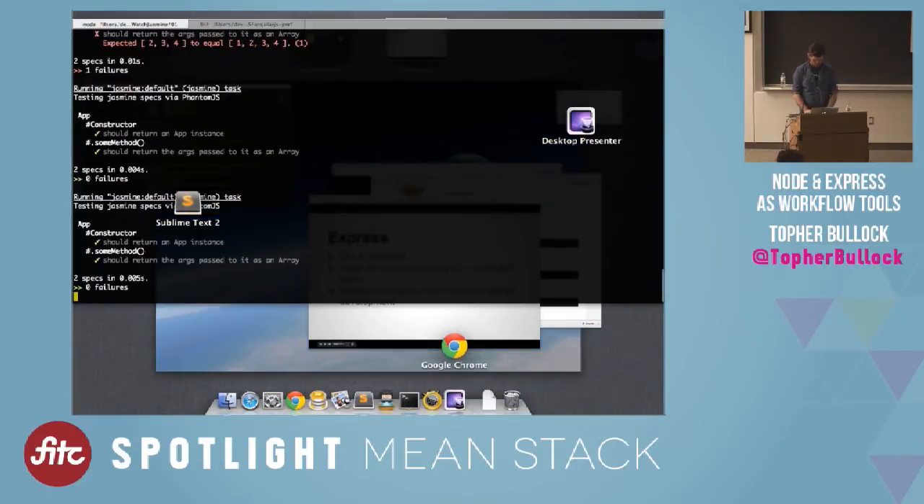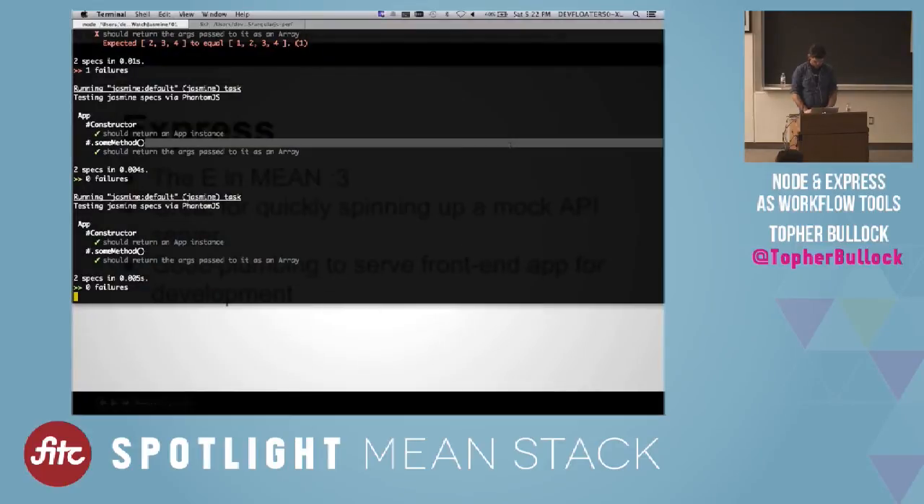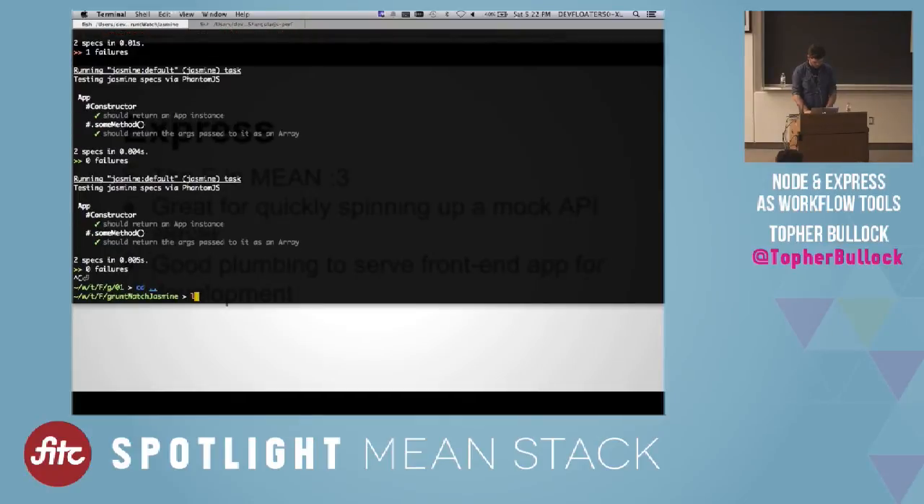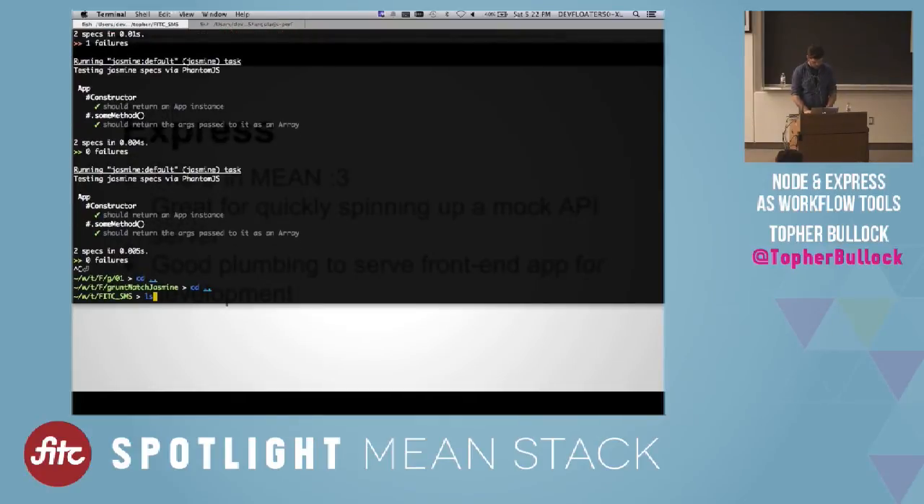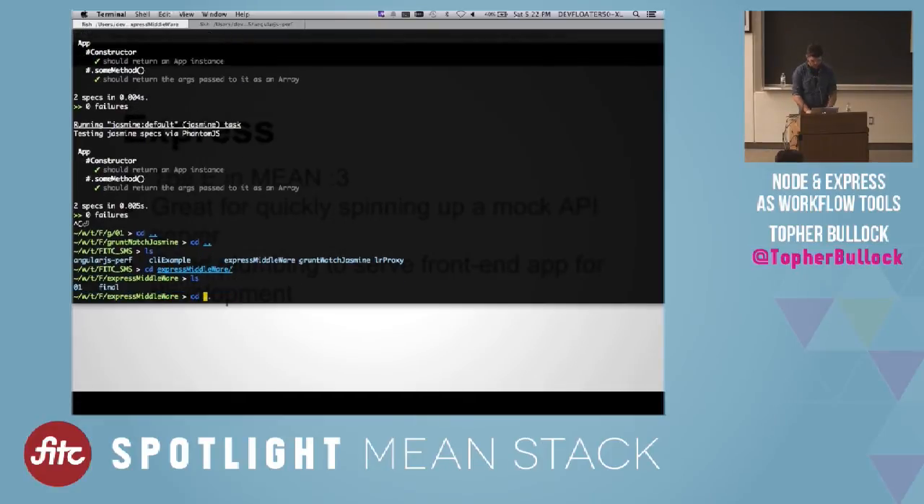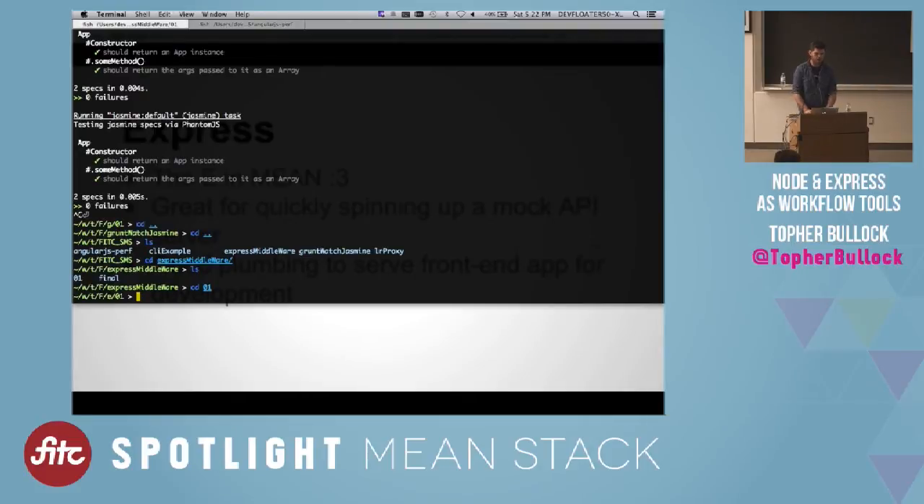Skipping over some things. Cool. So a bit of a demo of something I like to do using Express. So yeah, using Express as sort of a dummy API that I can mess around with,